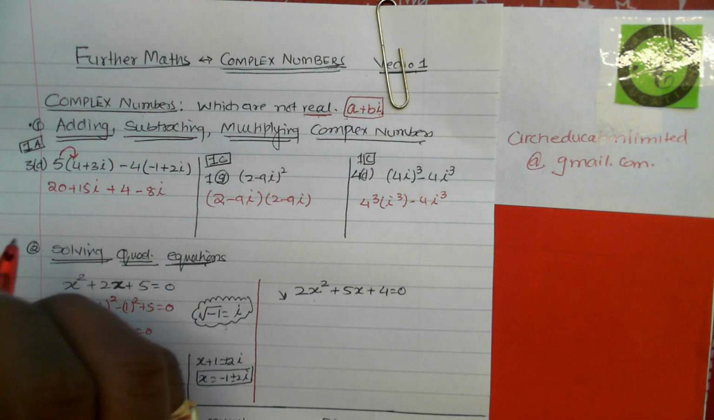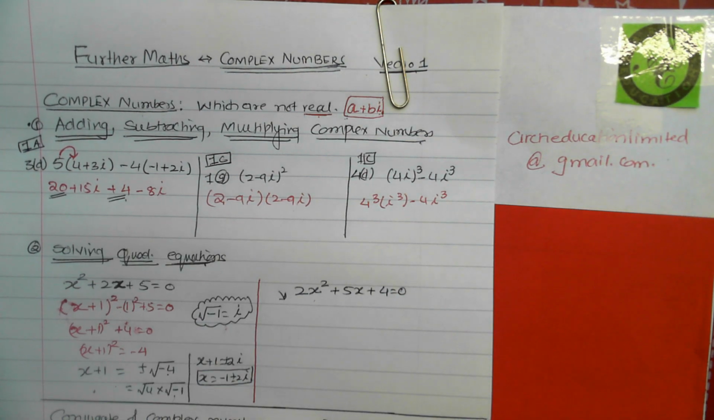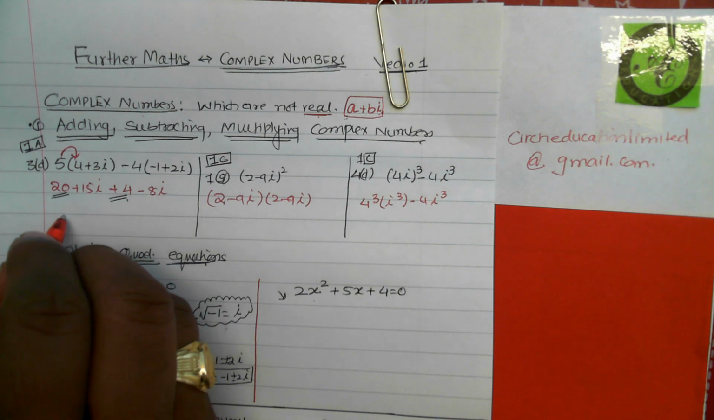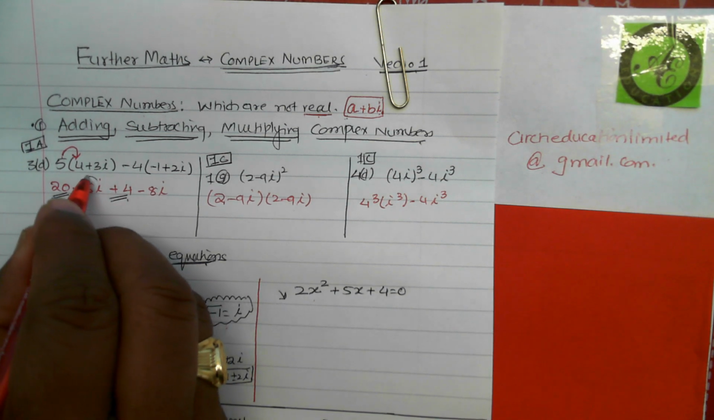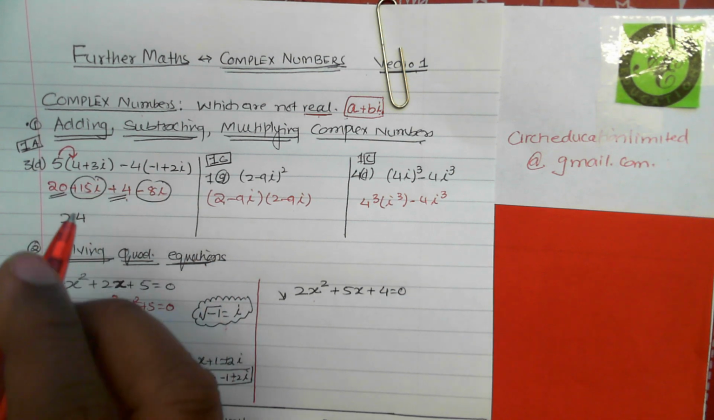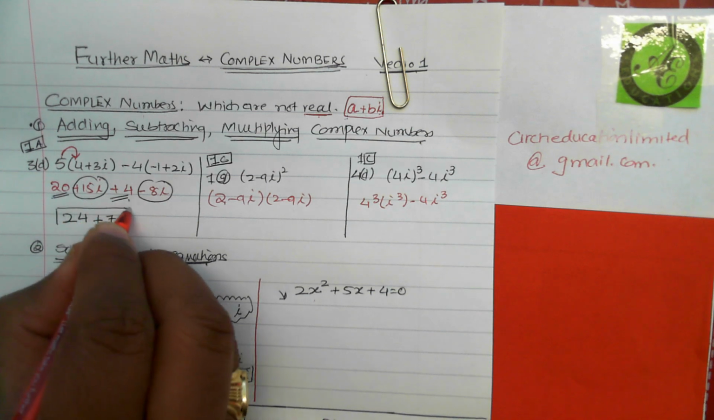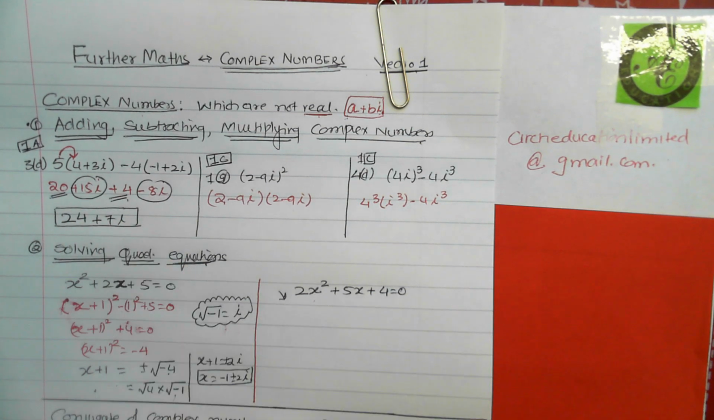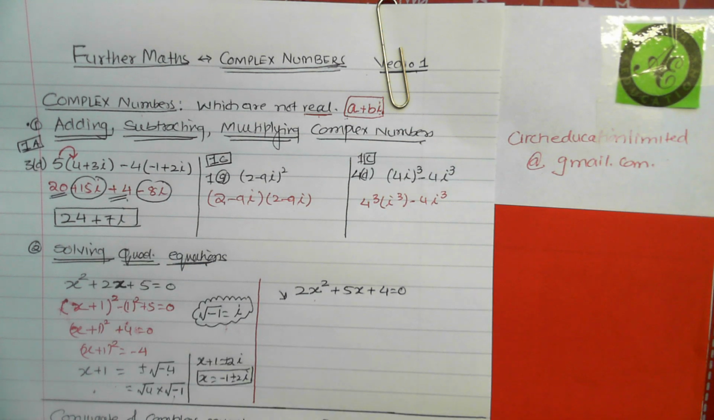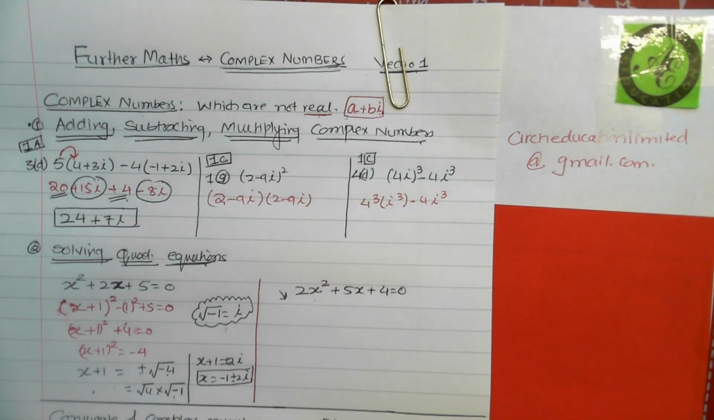What we need to do here, people, you have to add or take away, like in algebra, the real parts together gives you 24, and add or take away the imaginary parts together. So this is plus 7i. So you can relate this to adding or subtracting like terms. Similarly, you have to multiply this bracket like we normally do in algebra,